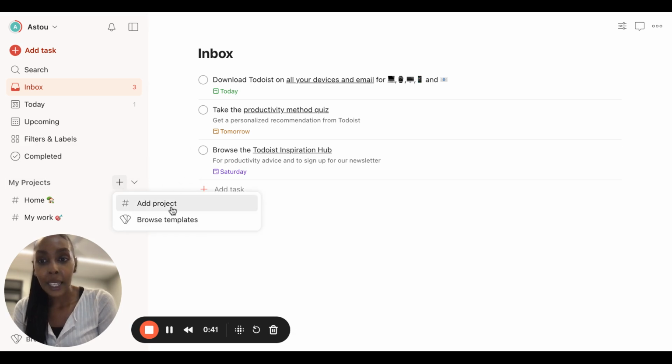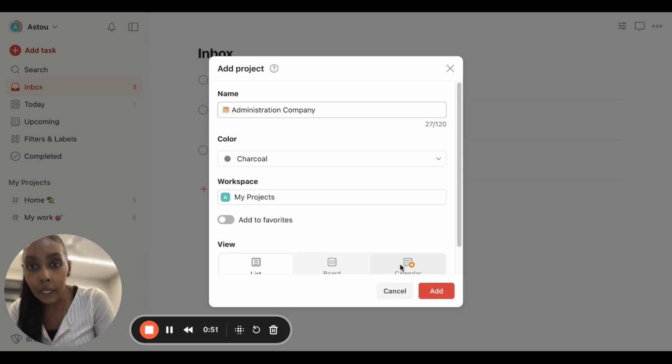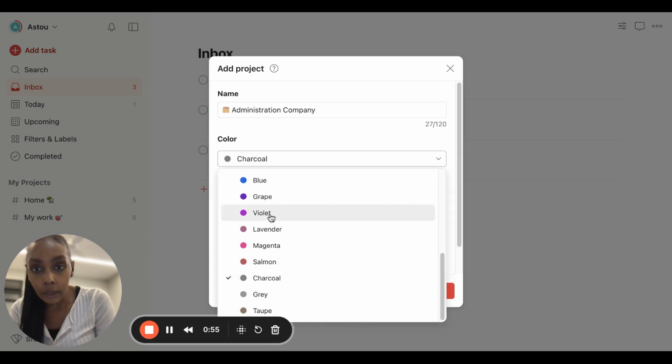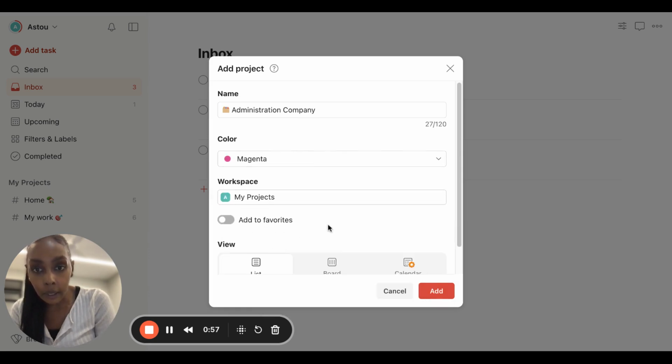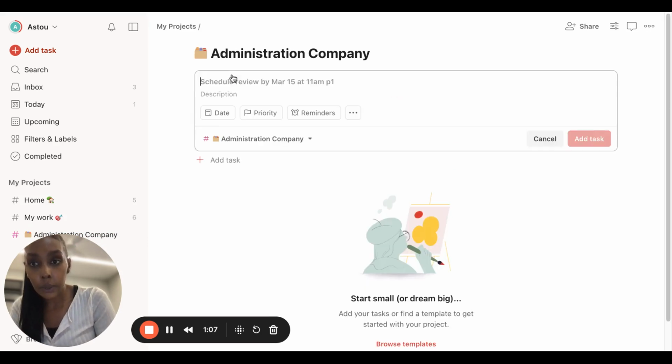I'm going to create a project. The project I'm creating is going to be called administration company. That's the name. And then I'm deciding to go with the color magenta. Then I'm creating this. Okay, and based on the description that you've shared, I'm going to add those different tasks